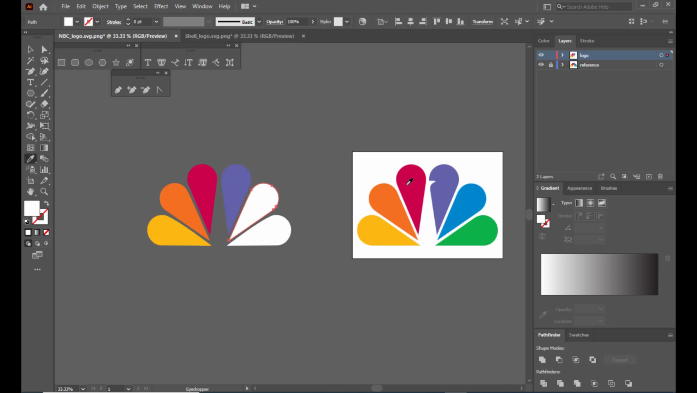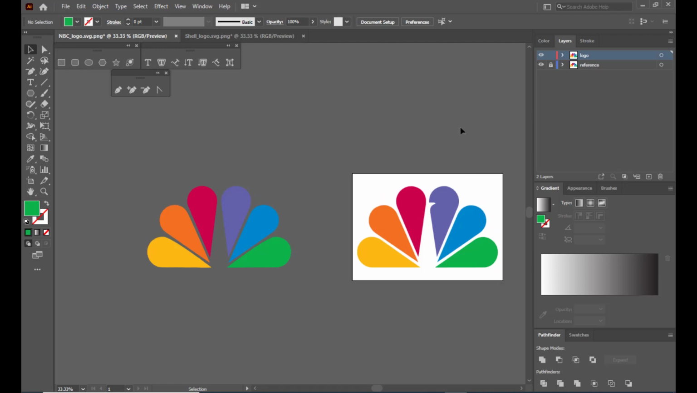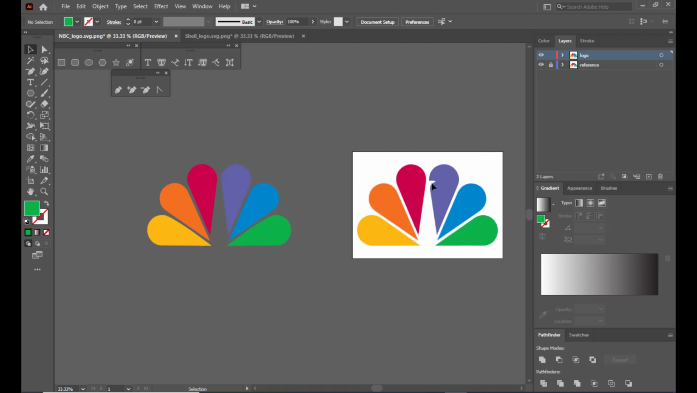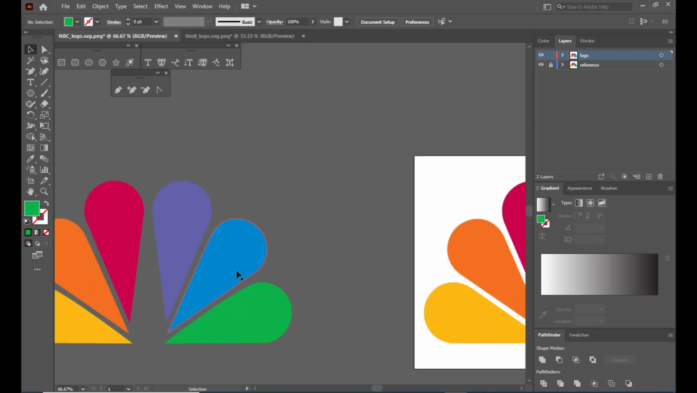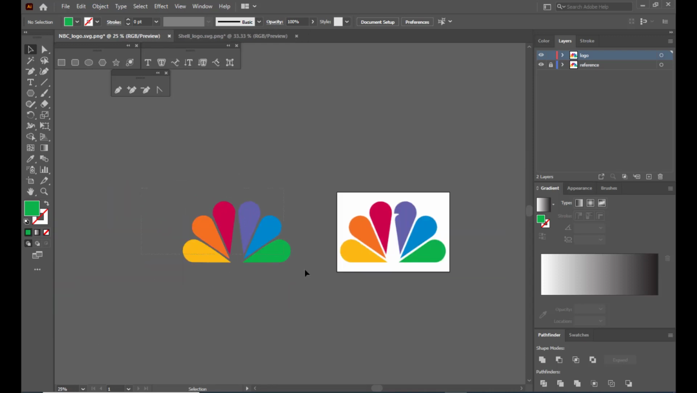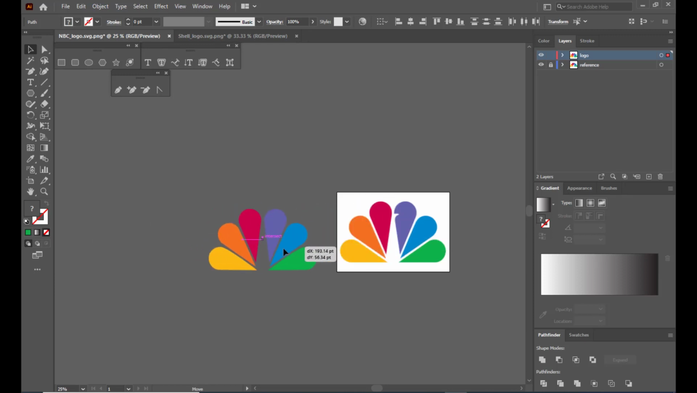So now we got all the colors. Oh, just a minute, we have missed it. Right, so now we have got all the colors. We can see some small constriction here, so we will also create that constriction. So it's very easy, we just have to keep the logo a little bit close to the reference,